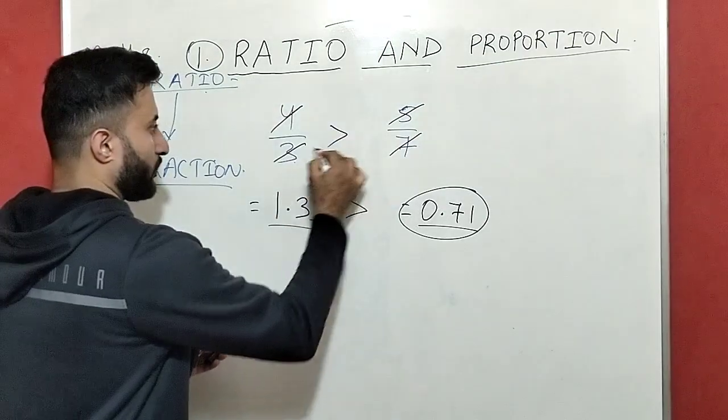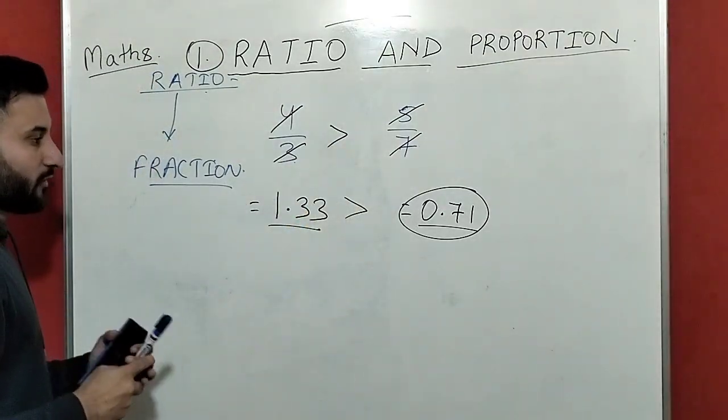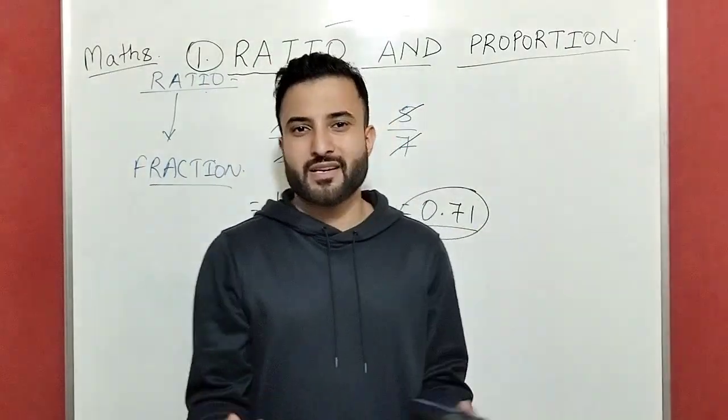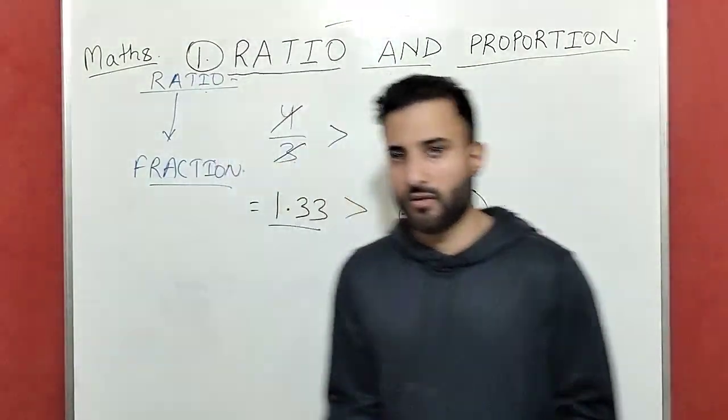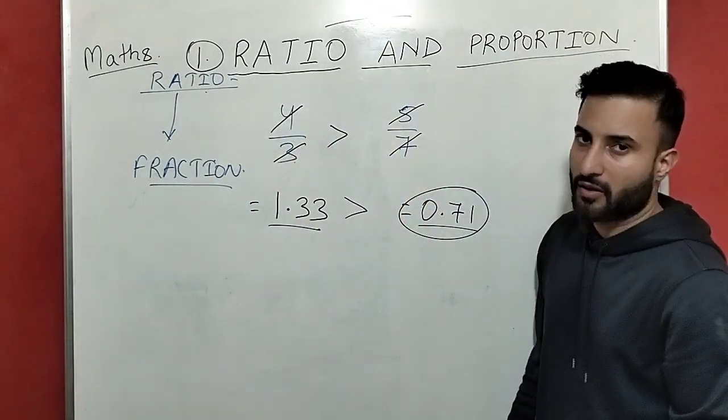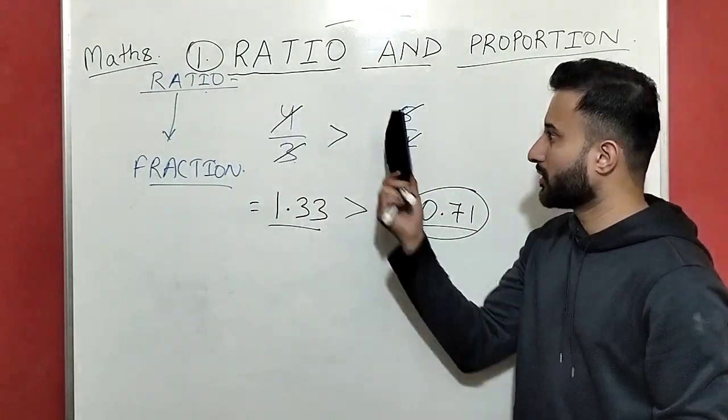Okay, means 4 by 3 is greater. So like that you can find it directly. Mostly they won't ask this in the examination, it is just for your understanding. If you get something like 4 by 3 or 5 by 7, which is greater,